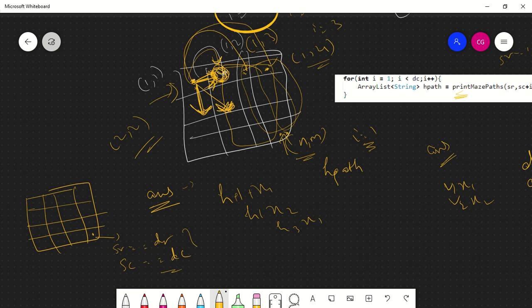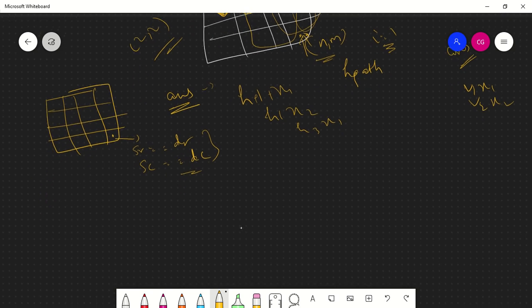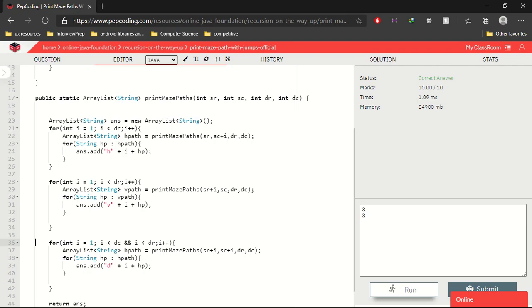Then you just need to return from there with one path in it. Why one path? Imagine you are at this point and you need to reach this point only. You just don't travel from there, you just stay there. That's one valid solution. Staying at the same position is also a valid solution. So we will add that as the first base case.